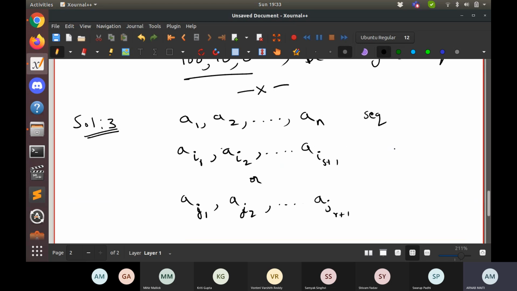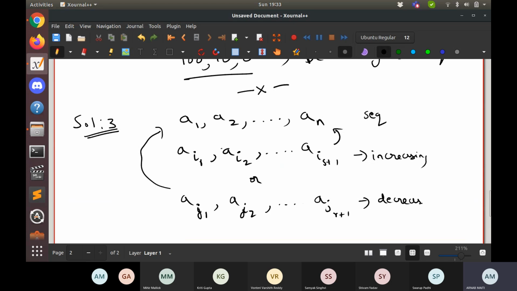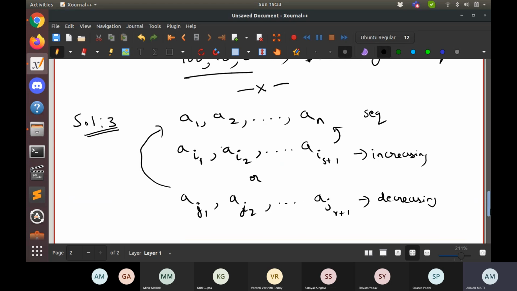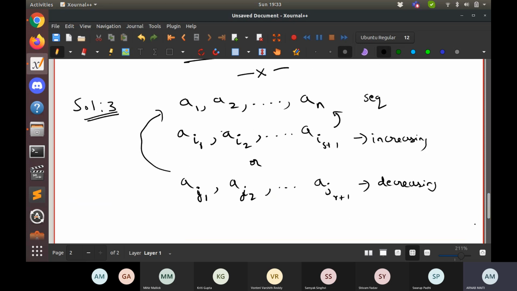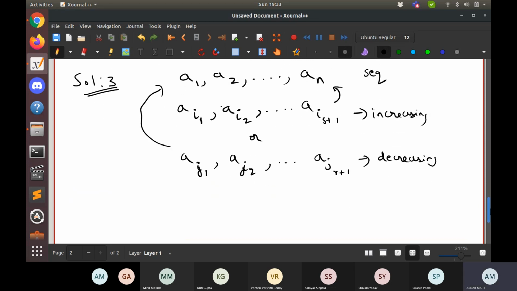These are all subsequences of this sequence. Either this should be increasing or this should be decreasing. If we get either one of them, we are fine. So what we want to show is the existence of such a subsequence.